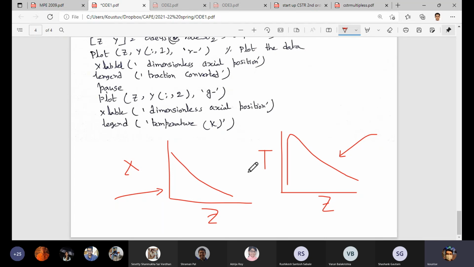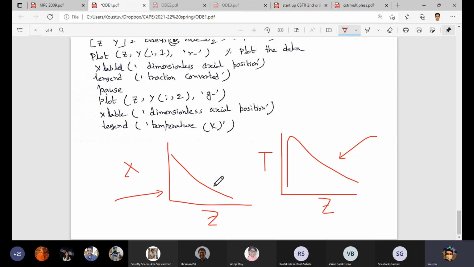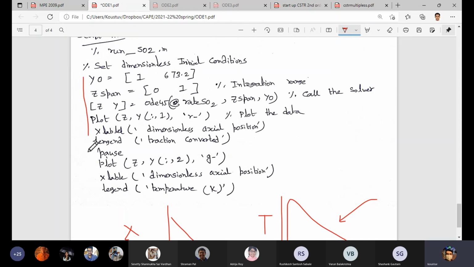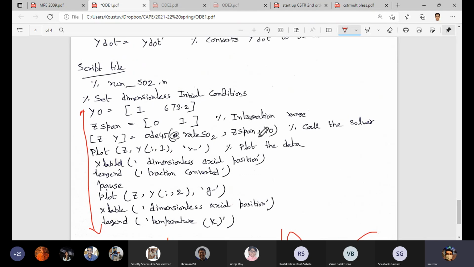So these two are essential: that we not only write the model equations or just solve them, but also plot it and see whether it makes sense, whether it is meaningful or not. So this has to be kept in mind, and I'm sure that you are able to write different MATLAB lines, but still for your reference and benefit, I have written down the script file as well as the M file. So this is where, in the evaluation section or in main, you will execute these lines to calculate the